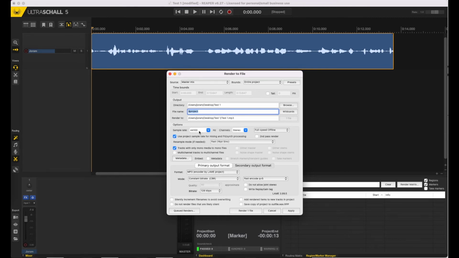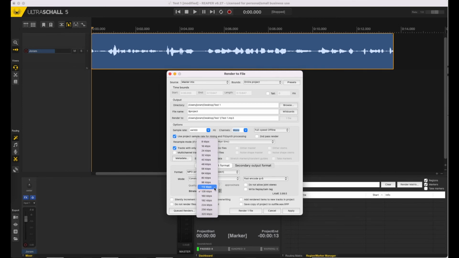The sample rate is at 44.1 kilohertz or 44,100 hertz. The channels, I always use mono, because in most audio recordings for podcasts you don't actually need a full stereo field, but if you do music or sounds, anything more complicated, maybe you want to pick a stereo recording here. And then I use an MP3 format, and I always reduce the bit rate to at least 112